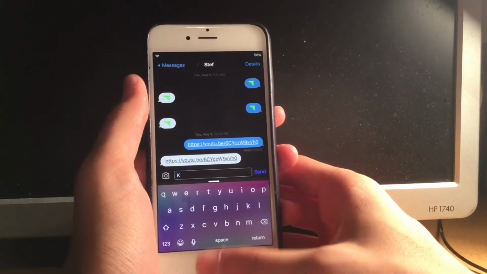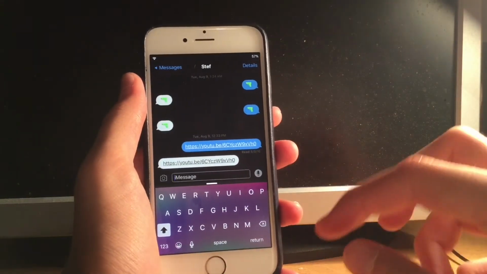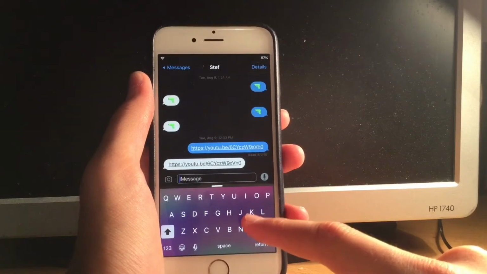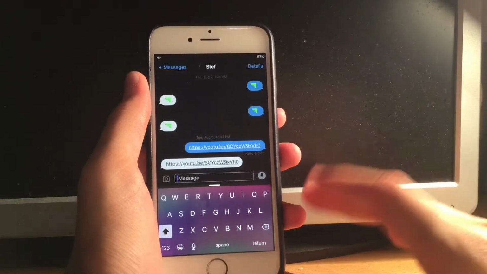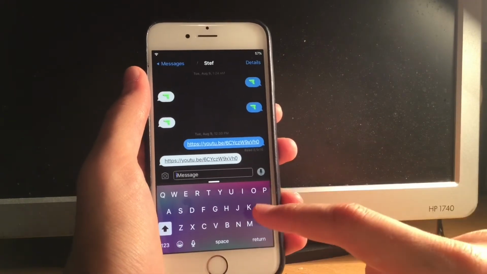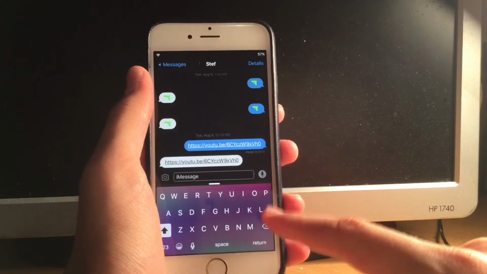And here for my keyboard, as you can see, my keyboard is very purple and pink and all those colors. And this is due to a couple of tweaks. First of all, the sleek look of my keyboard. As you can see, the keys have no border. This is due to a tweak called Nude Keys. So Nude Keys removes the border from your keys and makes your keyboard look really sleek and really cool.